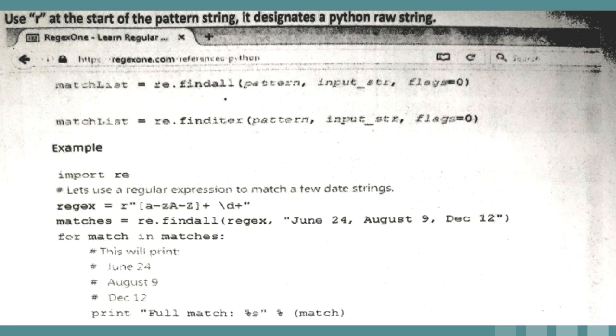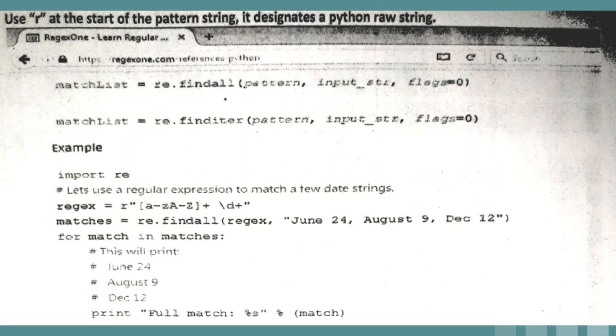Then we have plus, which means after the set of characters you can have slash d, that is digits, 0 to 9. After the digits you can have any other characters, so after slash d also we have plus. It's not the case that after a digit we don't want anything; after a digit it can contain anything. So this is the regular expression. I hope this is clear to you. One more time I am explaining.